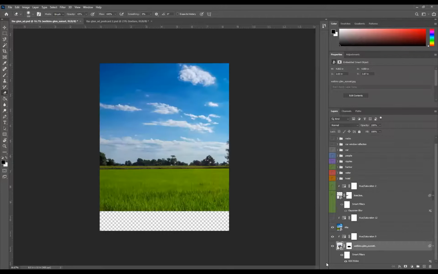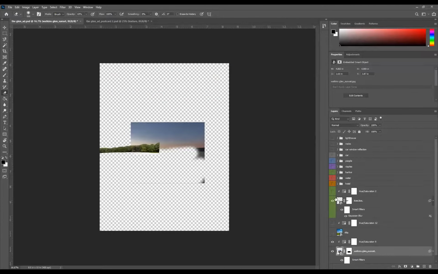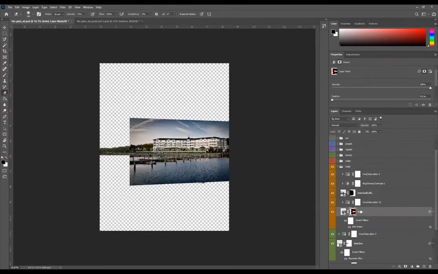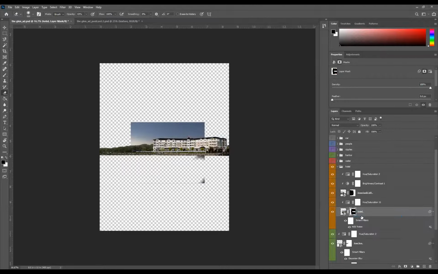And then that transitions to this image of the sky. But that image of the sky is too bright, it doesn't work, so that doesn't stay. Then suddenly the trees start to come in, and I use a different hue and saturation filter to make those trees a little bit more like it. And then this image of the hotel comes in, and this is entirely clipped from a larger image. With Photoshop, you have the tools to take this picture, which was once, I'll show it to you without the clipping mask, this image of the hotel, which was once that picture, and with the proper Photoshop tools, you can change that to exactly what you want. So now that's just the hotel.